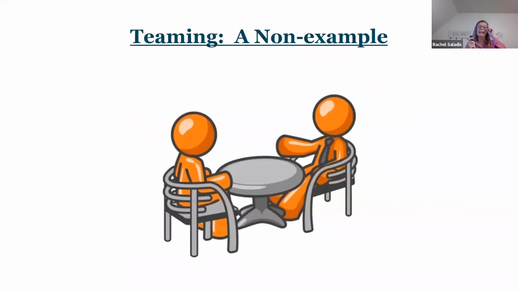So we're going to dig even deeper into best practices around teaming. Dave and I are going to share both a positive example and a non-example of a team meeting. As we recommend at tier 1, we're going to start with the non-example, so that's not what gets stuck in your head. Dave and I are going to model a kind of satirical, exaggerated non-example.